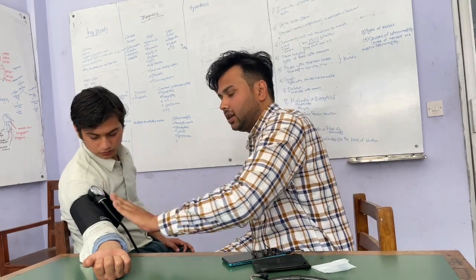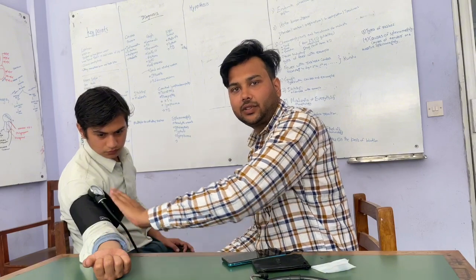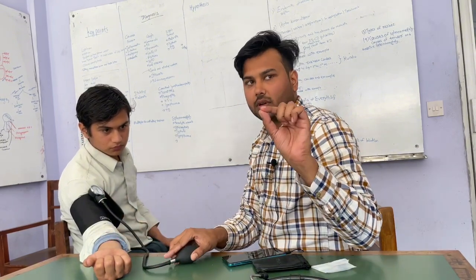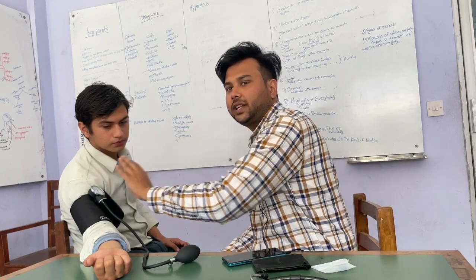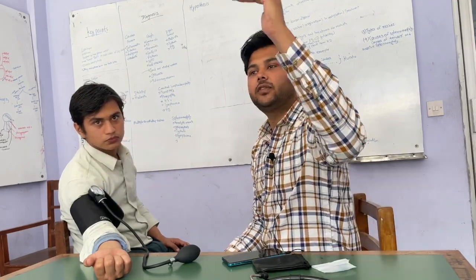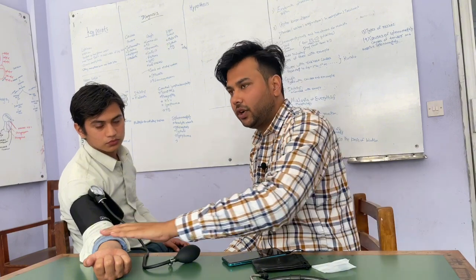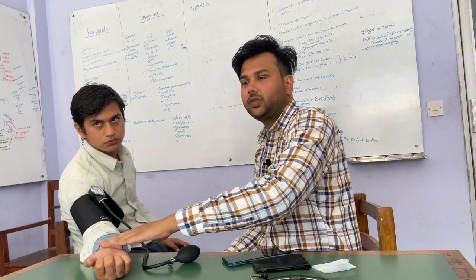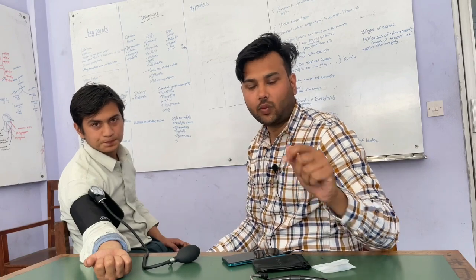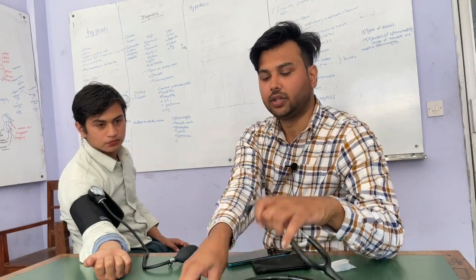So by the palpatory method, I found that his systolic blood pressure was around 110. Now I know up to what point I should inflate this BP cuff. So always go 20 millimeters of mercury above the systolic blood pressure that you found by the palpatory method. So the palpatory method was 110. So I will inflate this cuff up to 130 while doing the auscultatory method. So